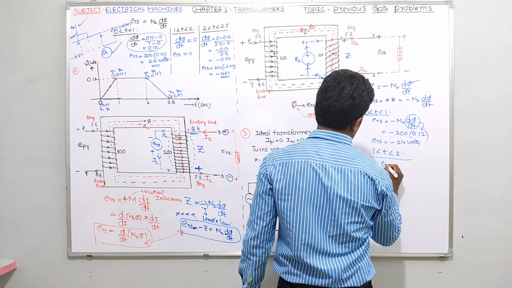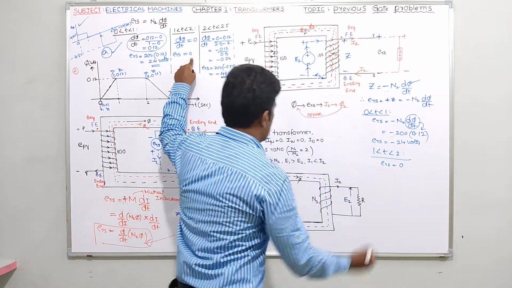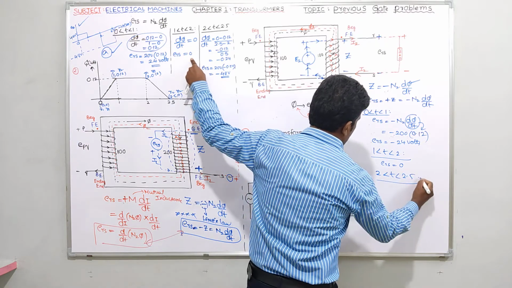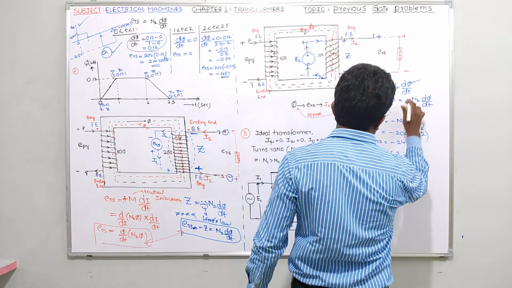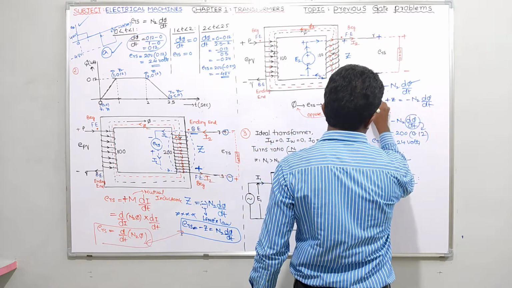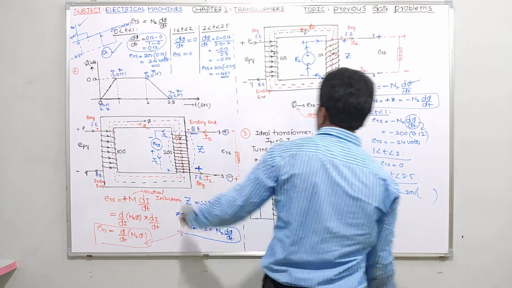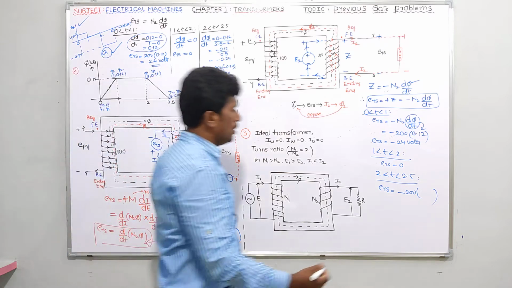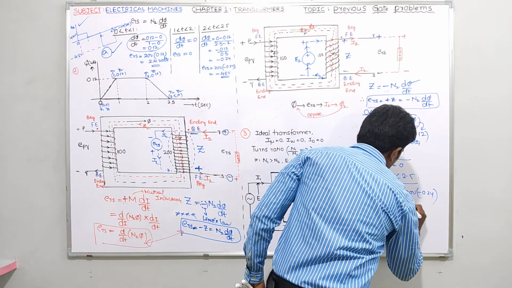And for 1 less than t less than 2, in this region ERS equals what? 0. Simple, because d phi by dt is 0. Next, 2 less than t less than 2.5 in this region, guys. ERS is equal to minus N2 d phi by dt, so I told the formula. Minus N2 means the value 200, and d phi by dt we already calculated as minus 0.24. It becomes plus 48 volts.